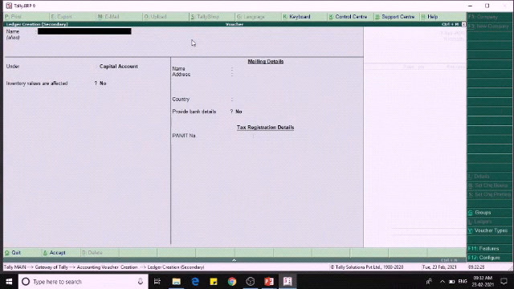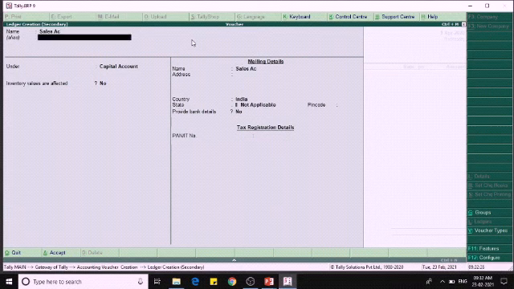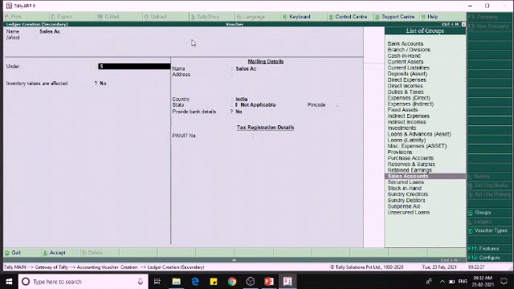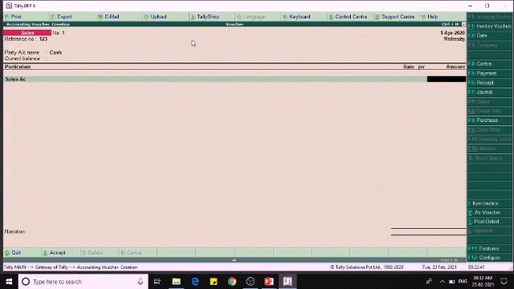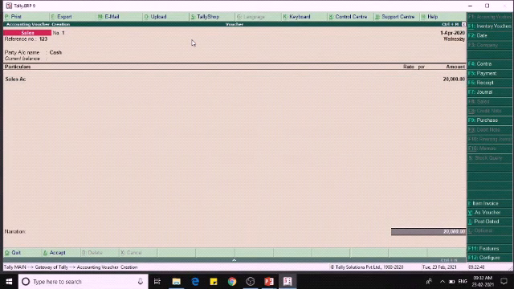By giving Alt plus C, go to the secondary ledger. I am giving sales account under the sales. Okay. Likewise we can enter here.